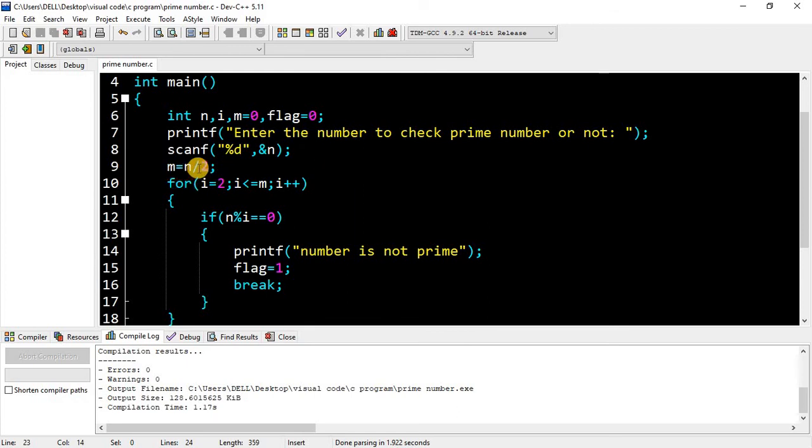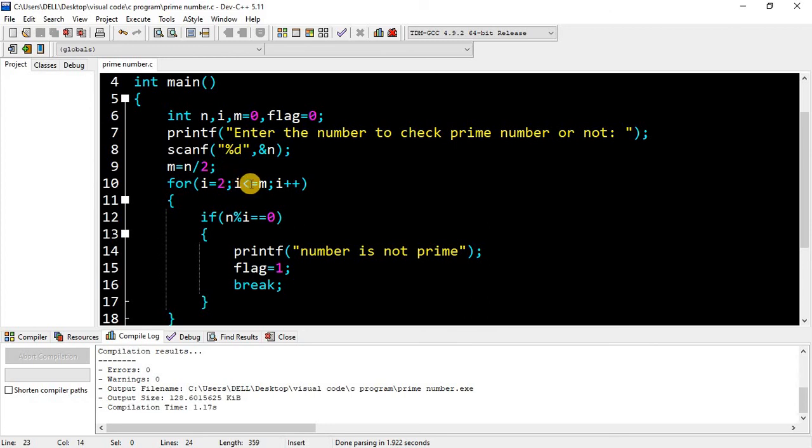Here m is equal to n by 2, so the value we enter will first be divided by 2. Then in the for loop there will be a condition check: if i is less than or equal to m, so what will be the value of m? The value of m is n by 2.